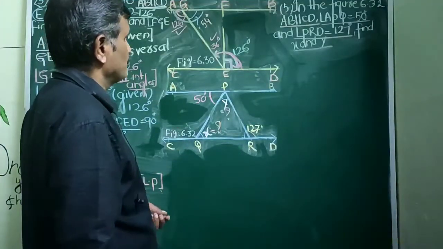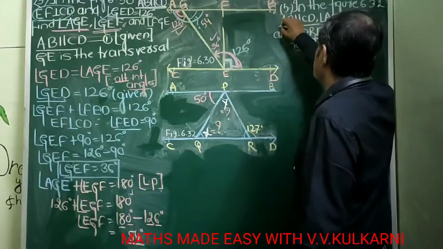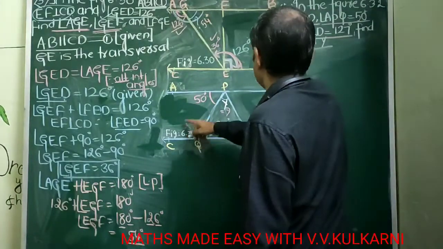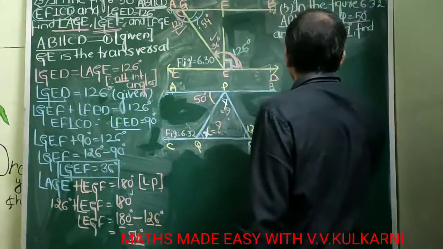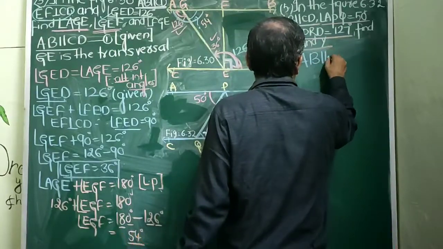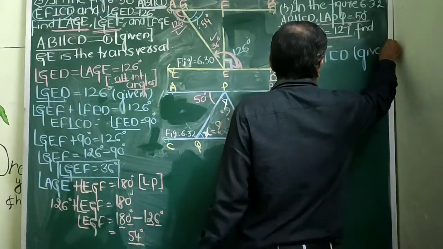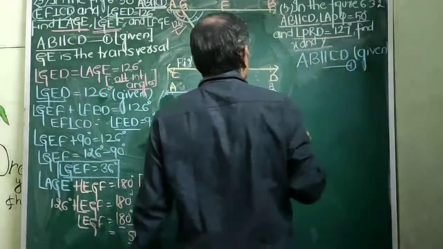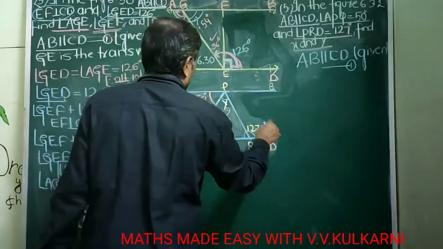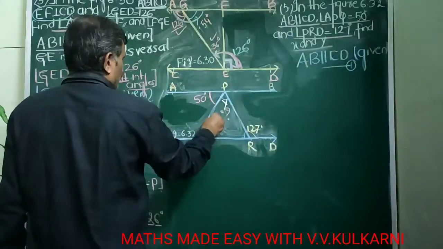How we can solve the second problem? I always tell you that whenever a problem is given to you, underline the key points. In this problem, what it says, in the figure 6.32, so this is 6.32, AB is parallel to CD. So what I'll write here is, it is given that AB is parallel to CD. This is not my words. It is given, and you can call it as first equation. And the next thing that is asked to you is how much? Given to you is PRD is equal to 127 degree. So that also we can note it down. Now the question asked you is, what is the value of x and y?